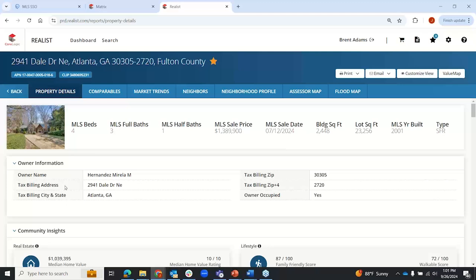You may have folks who rent it out. You may have folks who are renting this property. This lets you know that the person who owns this property actually is living in this property. We match up that tax billing address against the physical address of the home, and if they match, we consider that an owner-occupied home. You'll even have the opportunity to search for properties that are or are not owner-occupied in